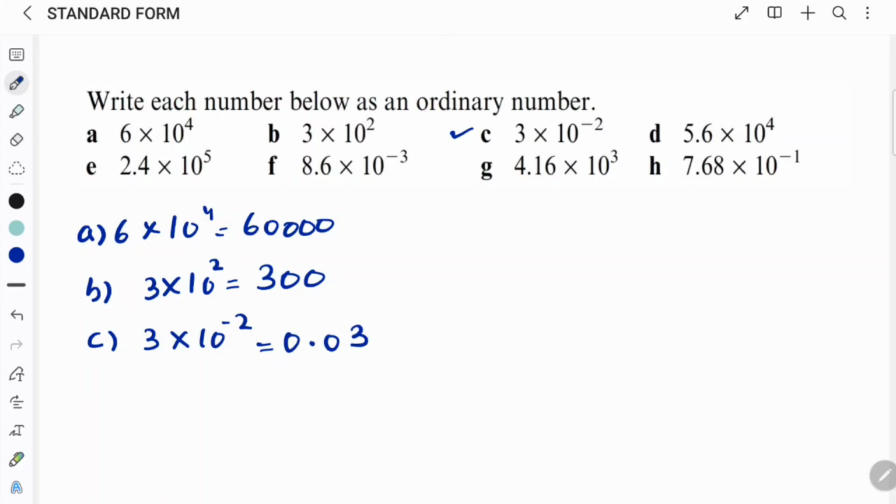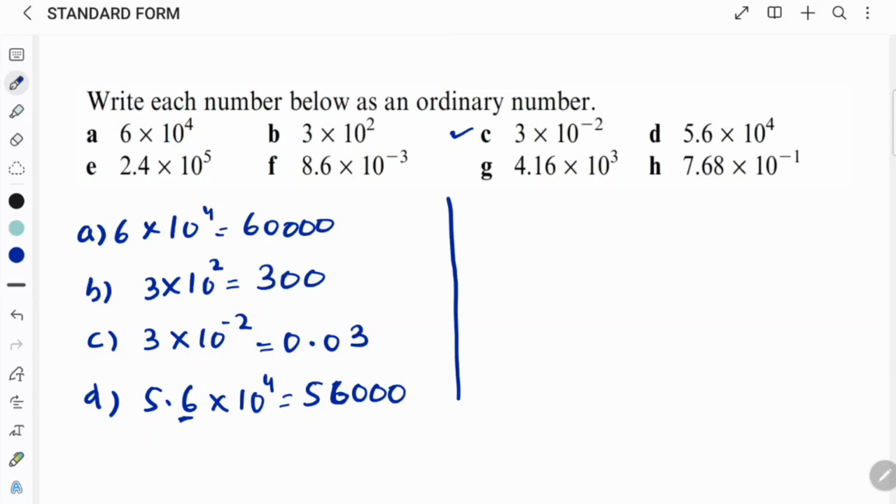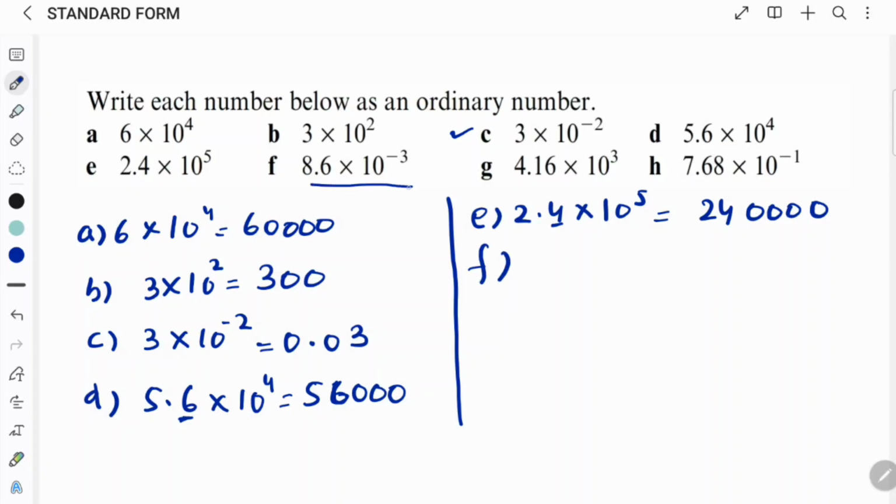Okay. 0.03. Part D, 5.6 into 10 to the power 4, positive power, 56. One digit is available. We put 3 extra zeros to maintain this power 4. Okay. Now part E, 2.4 into 10 to the power 5. Alright, so that is one digit is available. You put extra 4 zeros and 24 and then 1, 2, 3, 4, 240,000. Part F, -3 is the power, so your 8 should be at the third place,